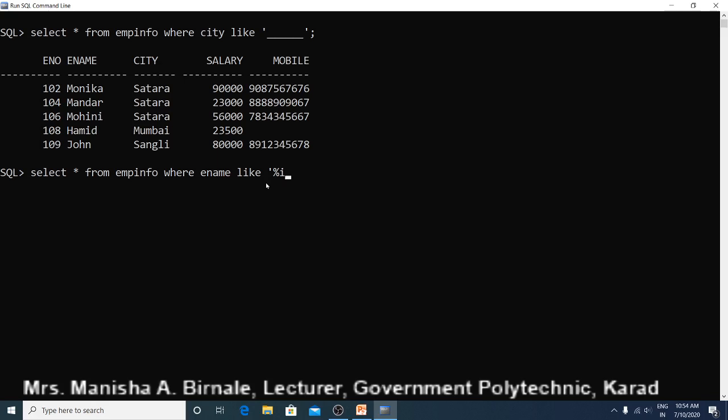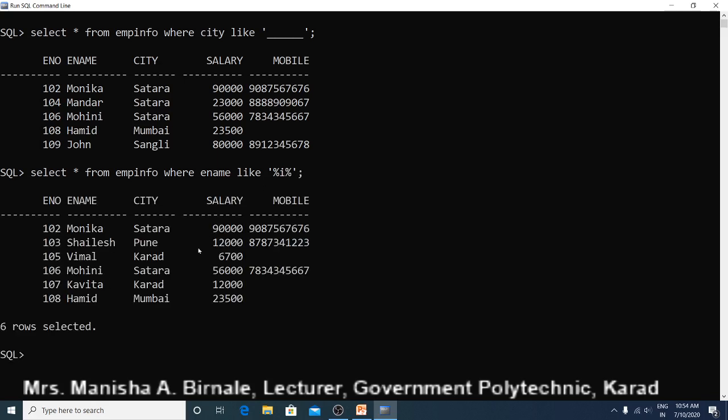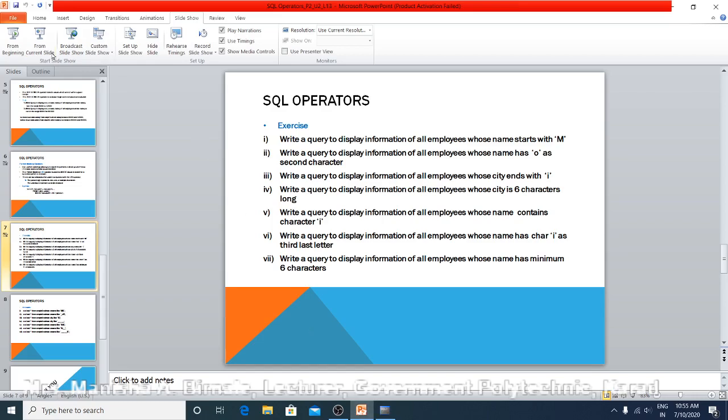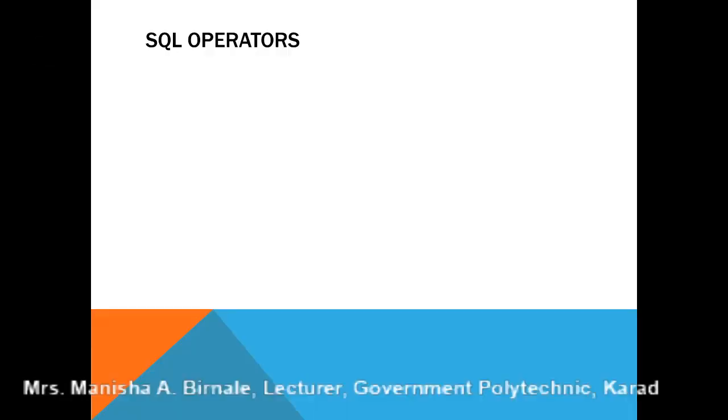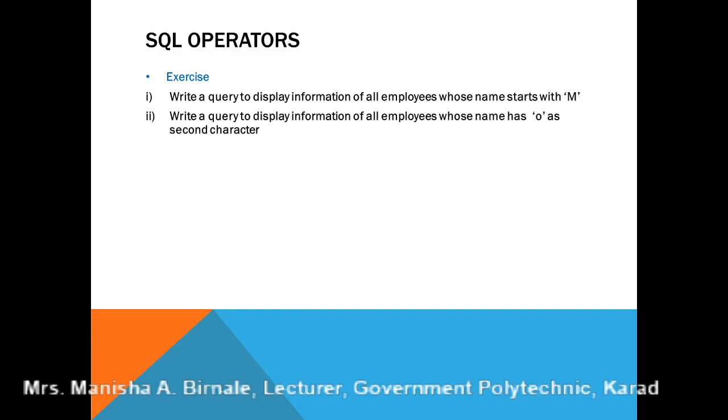After I there may be 0 or more characters also, so again percent is used and then single quotes. So here you can see information of all employees whose name contains character I. In this way you have to specify the different patterns using the wildcards, percent and underscore.